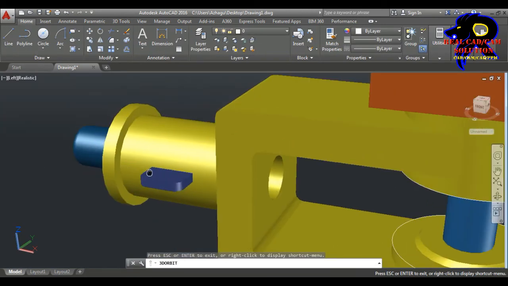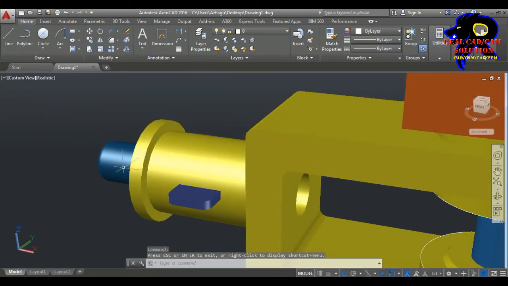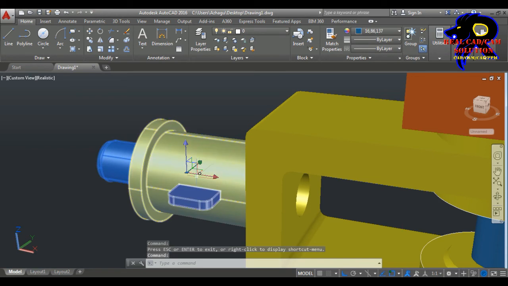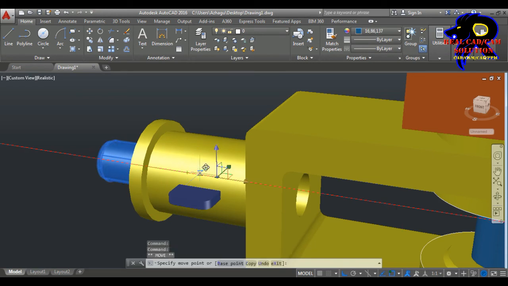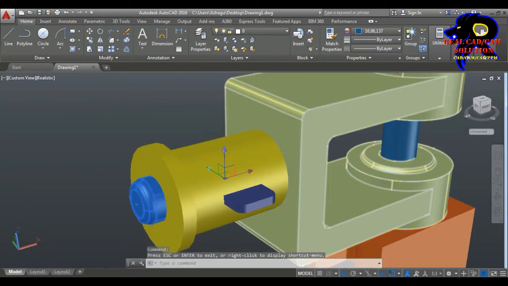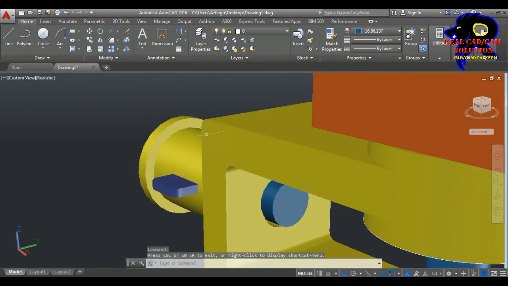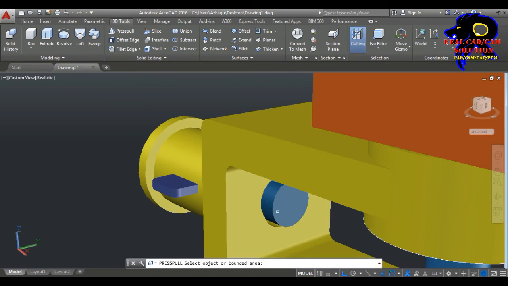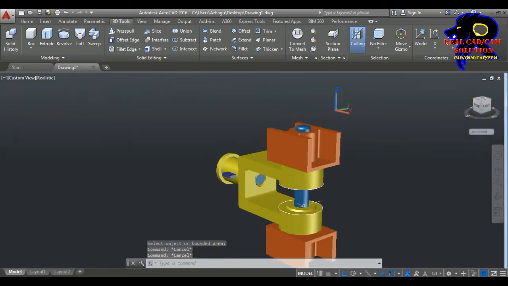Okay, I just put it to assemble to the interior part like this. Go to move to the interior section of the area. Okay, good. And go to press pull to the interior section because some unwanted section is showed like this. That's why I choose.